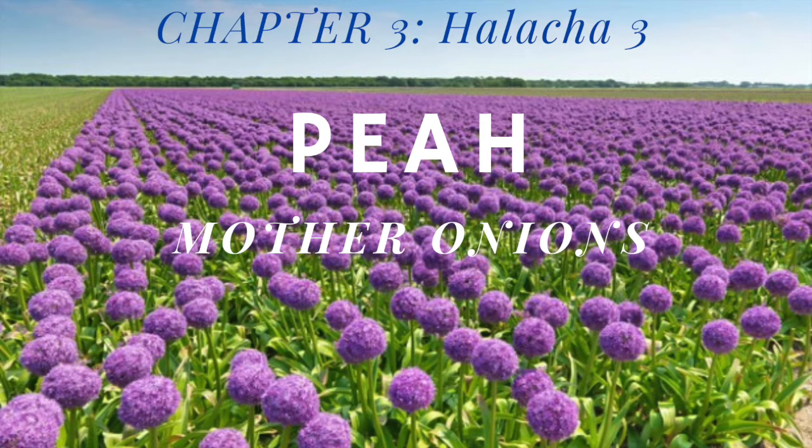Now keep in mind, we were looking at something like this with the trees and the grain fields. And we were talking about them being the malba, these rectangles and blocks. And the plural on that is going to be malbanot. So it's the same sort of thing. You have these fields of onions, and you're creating these malbanot where you're planting some sort of vegetable to create